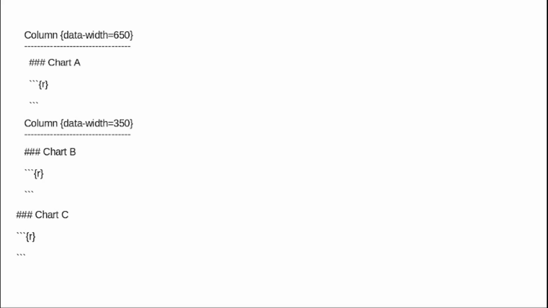Now let us see what it means. You write here column, data-width 650. So what does it mean when the R interpreter runs this command? You can think that you cut the paper from the upside, from here.